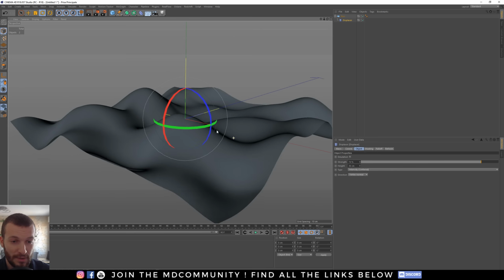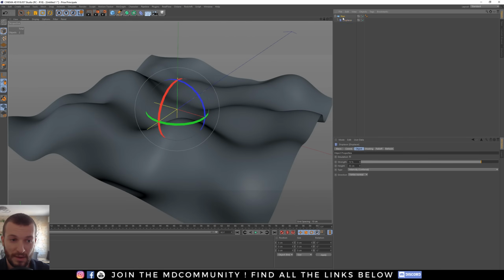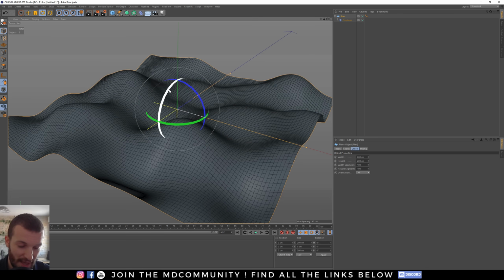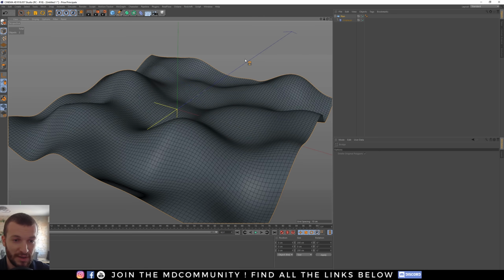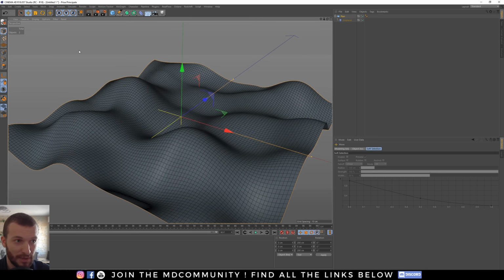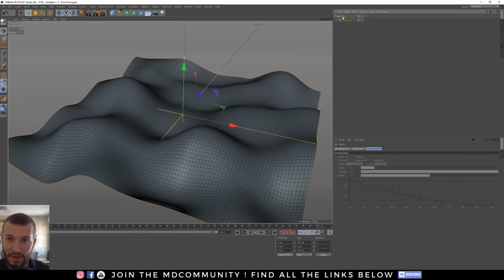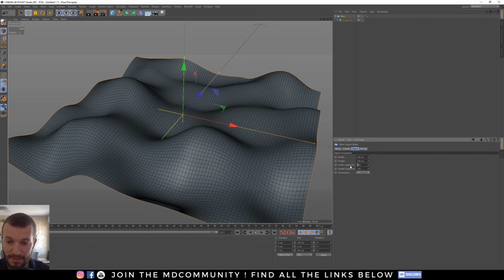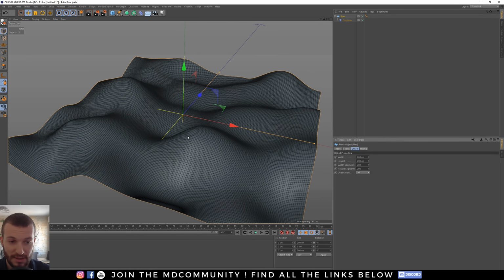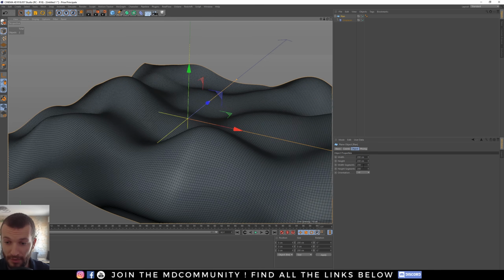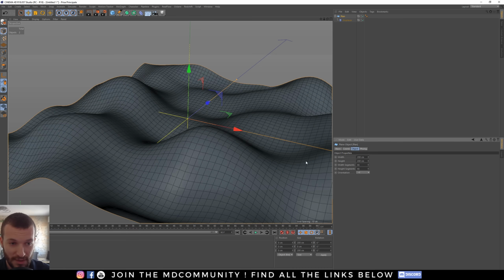Now I will hit N then B to modify the visibility in my viewport, the display. It's here, N then B. And you can play with the number of segments. If you need more segments, you can increase the value. And if 100 is enough, you can leave it at 100. I think 66 will be perfect.